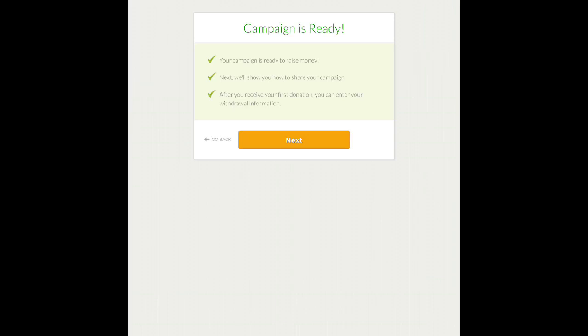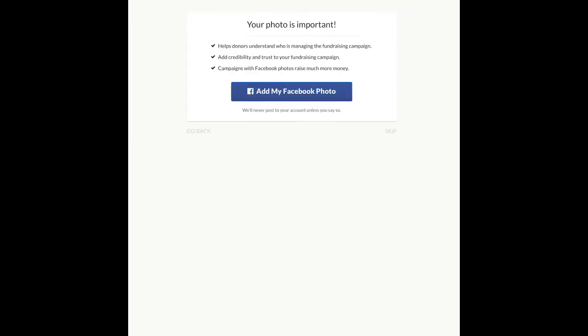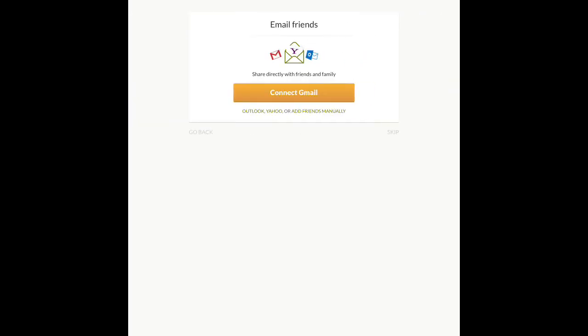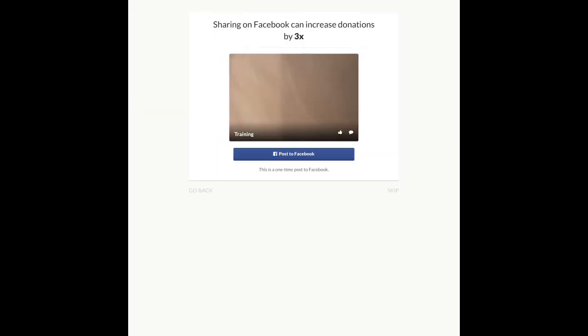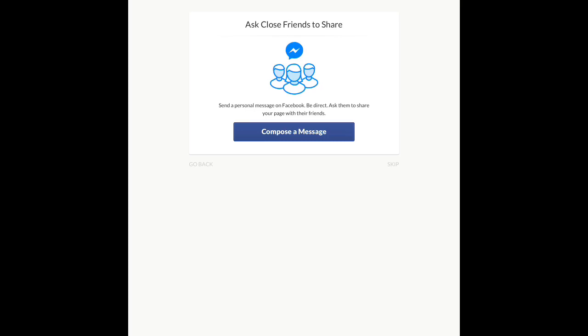And as you can see, the campaign is now ready. So we're just going to click next, and then after we do next, we can now add to our Facebook. So you can add your page to Facebook, add your photo to Facebook, add to your email or email your friends, post your own logo to it, and then you can share. You can also share to your friends on Messenger. So it's just going to prompt you,